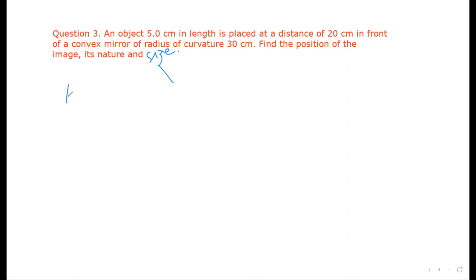First write down the information. H here 5 centimeter, object distance, object height, that is 5 centimeter. Object height is 5 centimeter. Where the object is kept, 20 centimeter. So u you have to take minus always and h will always be plus. I explained this to you in sign conventions. I hope you remember, recall the concept again by watching the video. Now, instead of focal length, what have they given us? Radius of curvature. Radius of curvature is given here 30 centimeter.